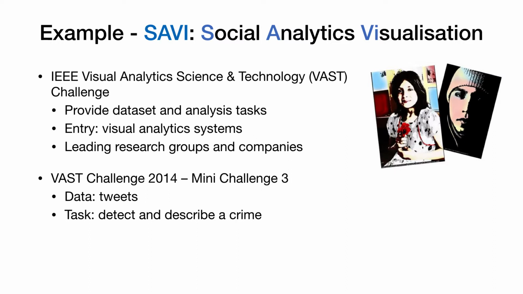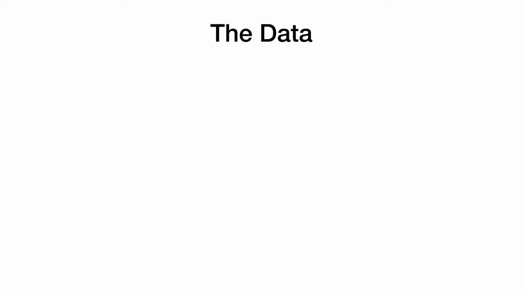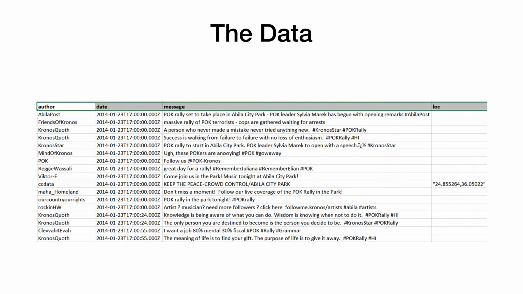There is quite an elaborate setting and context of the crime, but we will not have time to describe it now. So let's go to the data. This is a sample of the data you were given. Essentially, these are tweets just as we have them. They have the author, the person who created the message, when it was posted, and the message itself. The last column is the location, and only a small percentage of the tweets have locations, very similar to the real-world